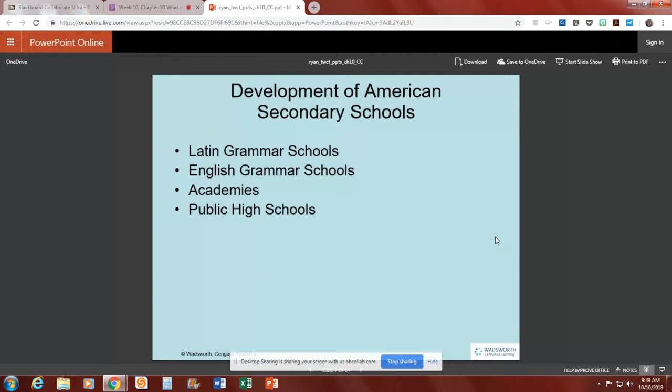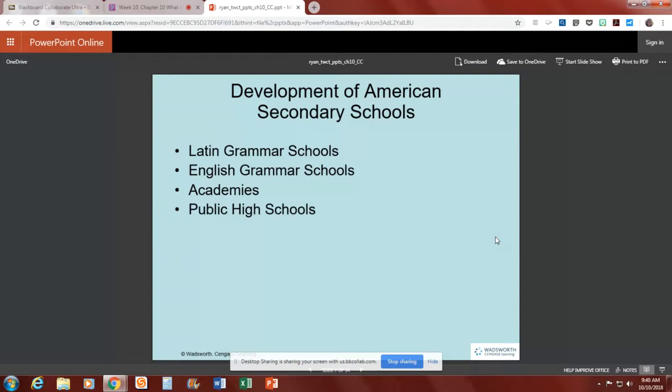All right, now we have public high schools. This is really what we see. And when you think about the public high school, you have to think about the famous Kalamazoo case, which was in 1974. This was a court case that took place in Michigan, where the courts finally ruled that the school district could tax the public to support both high schools and elementary schools, because really the thinking before this